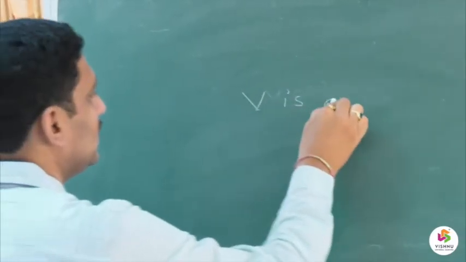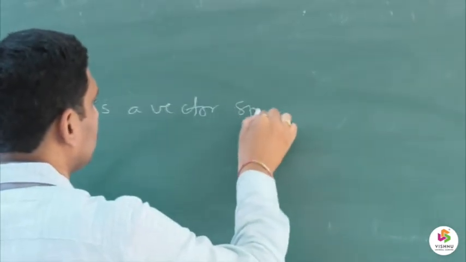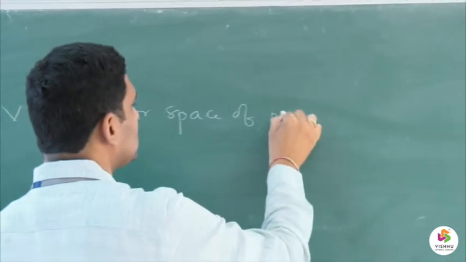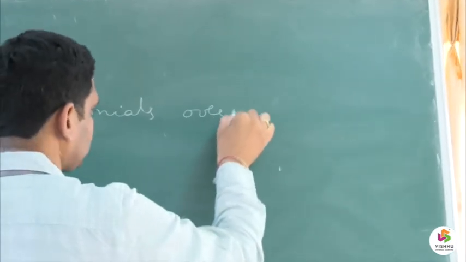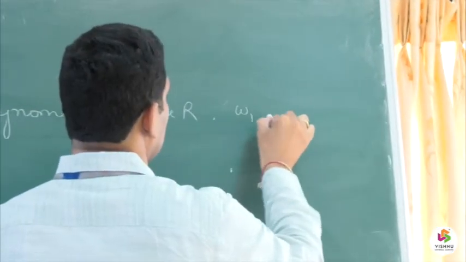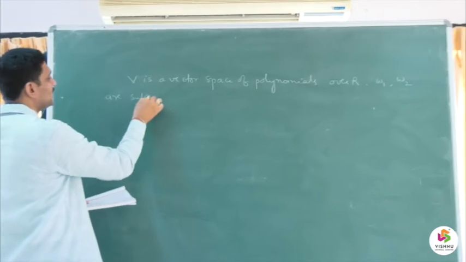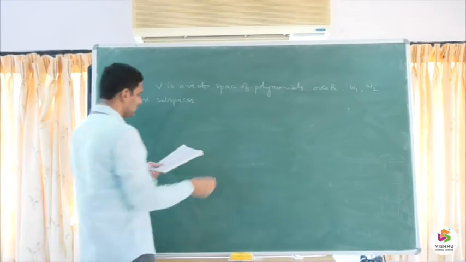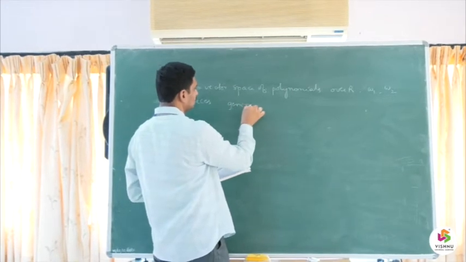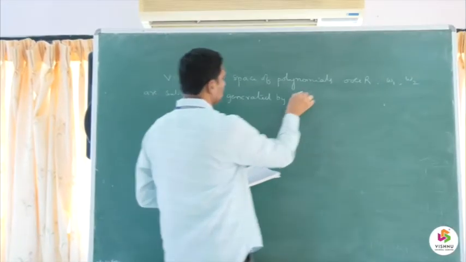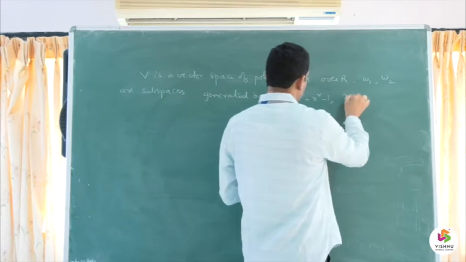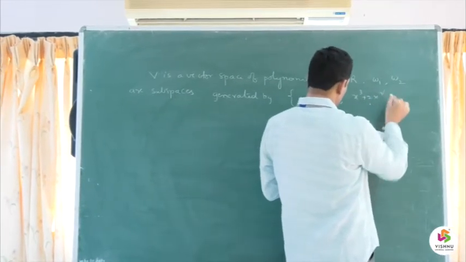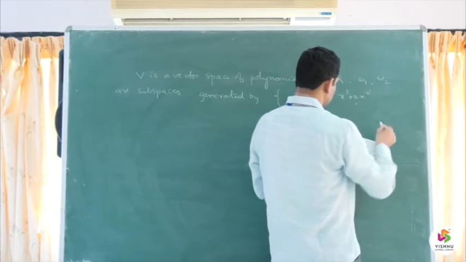So, V is a vector space of polynomials over R, and W1 and W2 are subspaces generated by the sets I have written like this: x cube plus x square minus 1, x cube plus 2x square, x cube plus 2x square plus 3x,